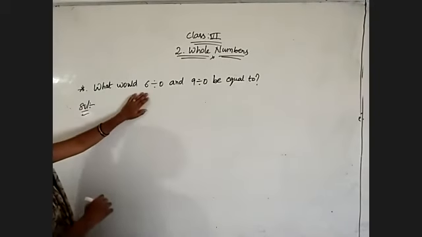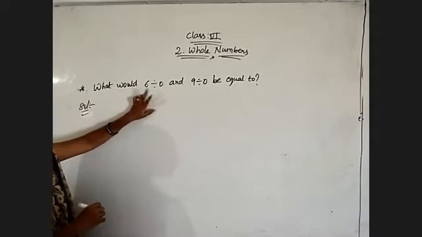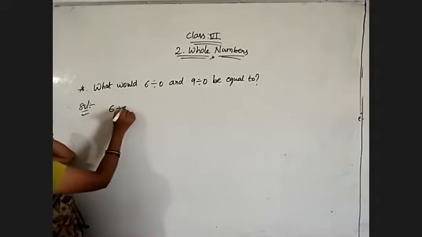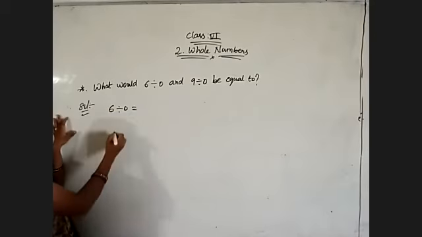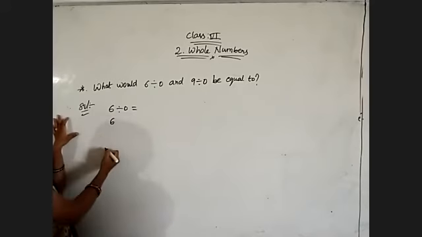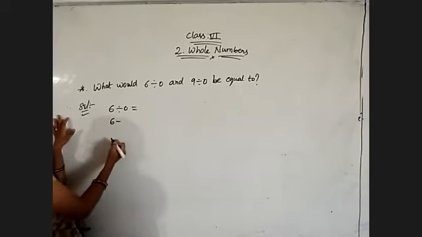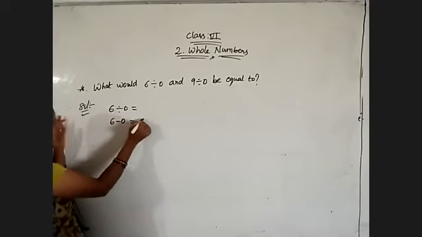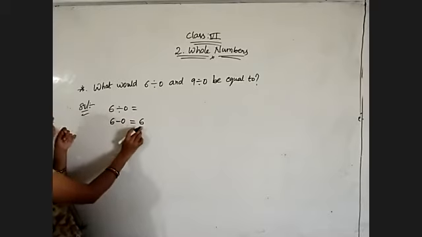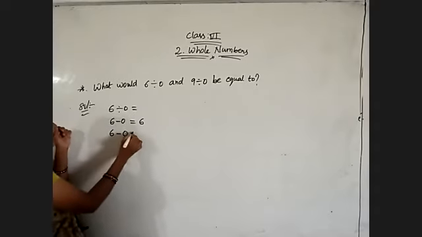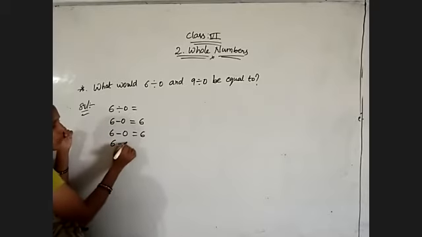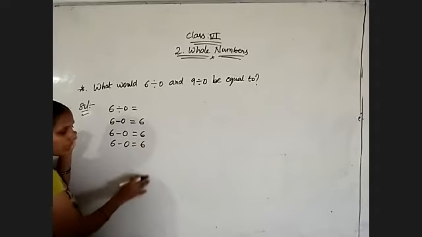So I am using the repeated subtraction method to find out its value. I am finding the value of 6 divided by 0 now. Using repeated subtraction, what do we have to take? Take the first number minus the divisor. What is the divisor? 0. 6 minus 0 is equal to 6. Whatever answer we got, again subtract the divisor, that is 0. 6 minus 0, 6. We need to continue this process till we get 0.